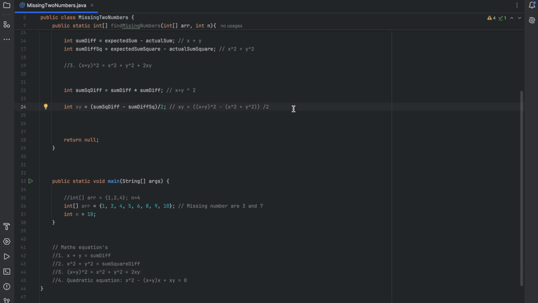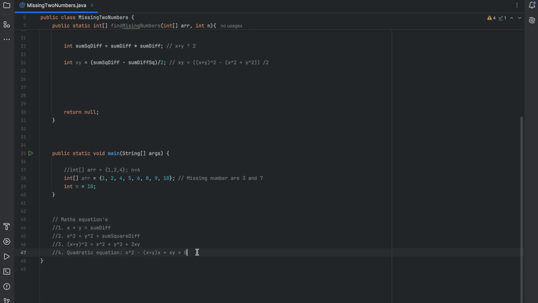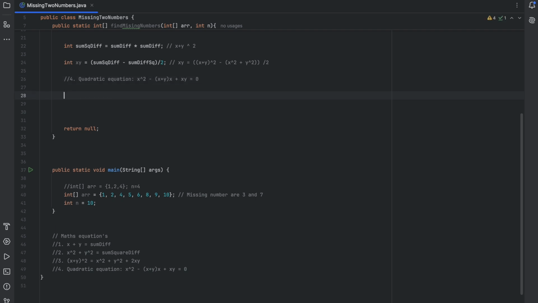This will give us x multiplied by y. Now we can solve the quadratic equation. Now we can solve over this equation, the fourth equation. Solving our fourth equation will give us the value. So the value is difference equals to,